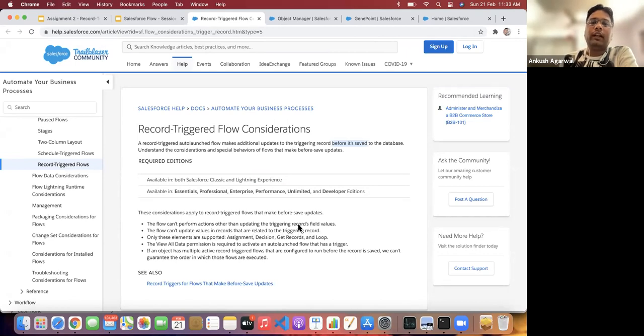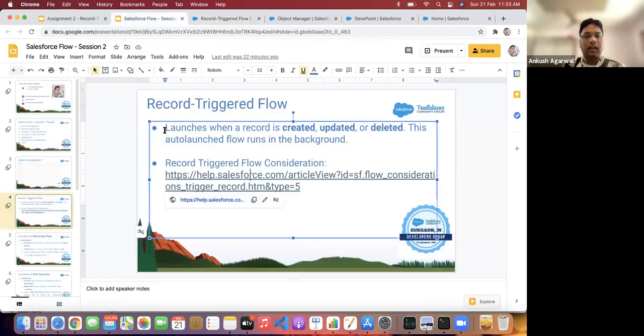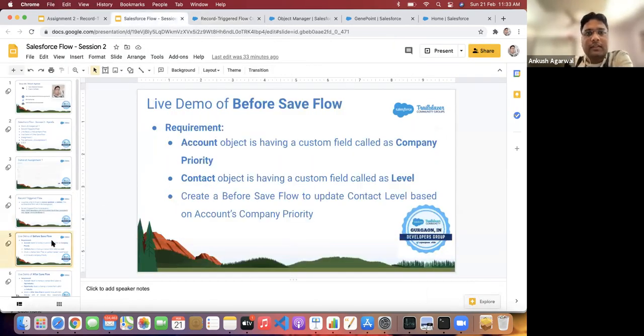Basically it can only update that particular record which we are working on. And there are a few elements which are the only ones available. We'll see it in our demo session, so I'm going through the demo first.